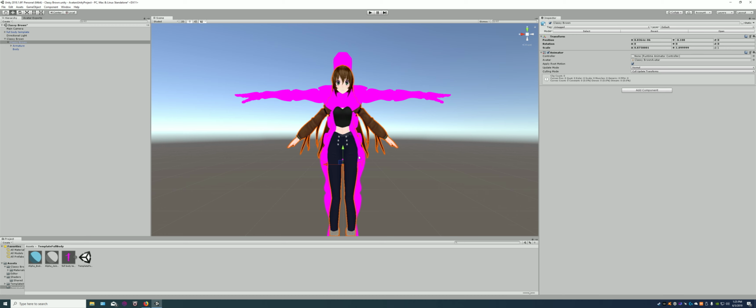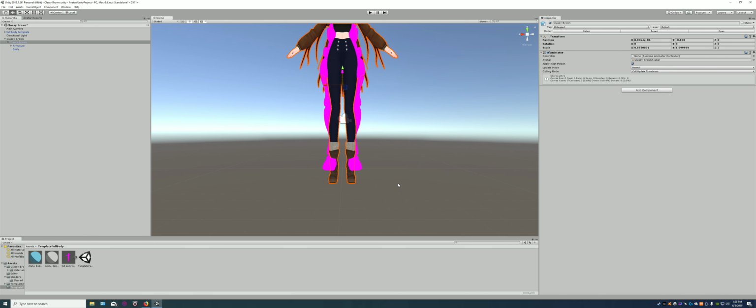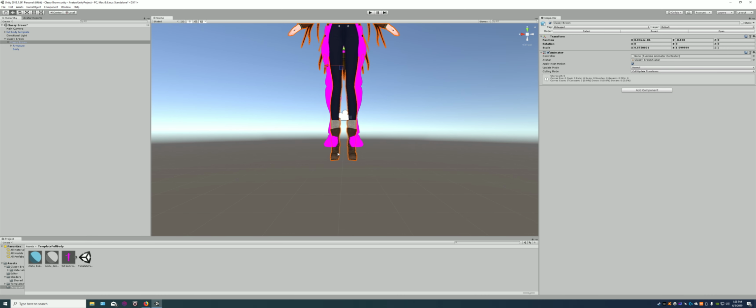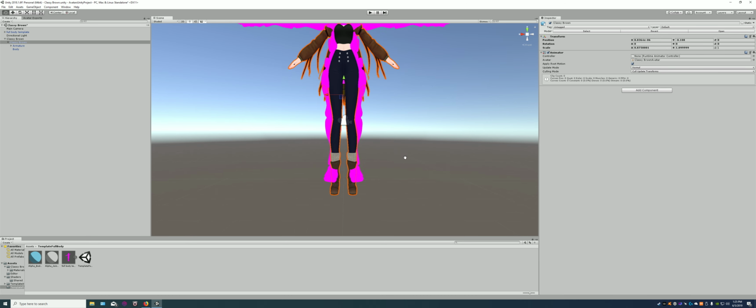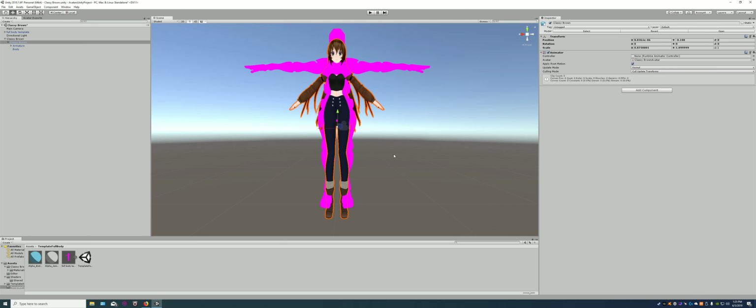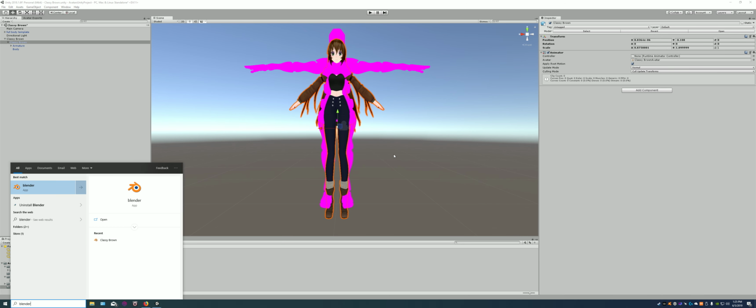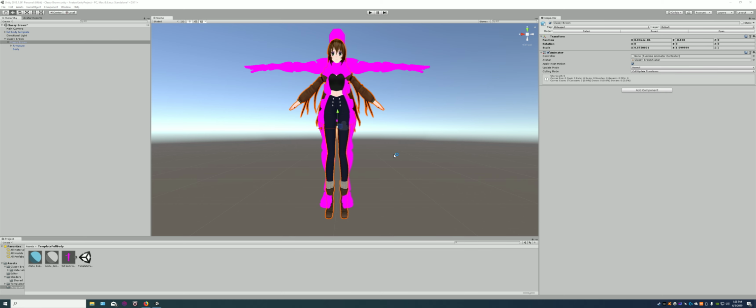See, kind of like that. There we go. Now when I look down here, all of this needs to go away. So how do we do that? We open Blender. You don't need to close Unity, by the way. You open Blender,